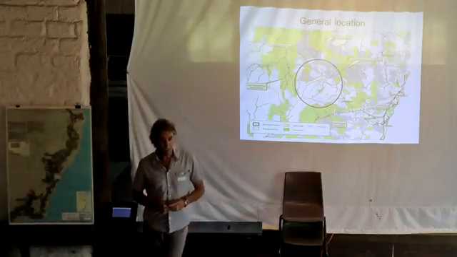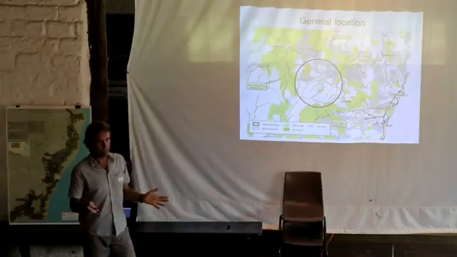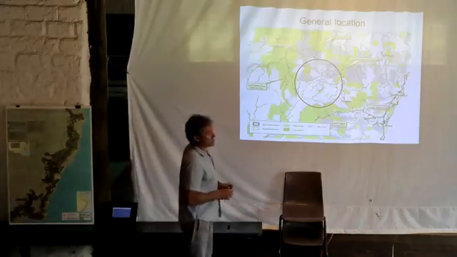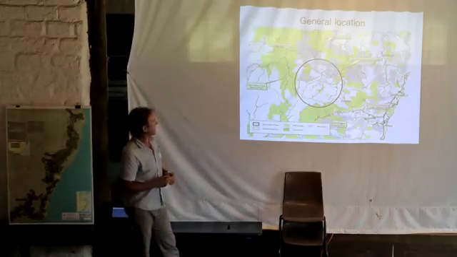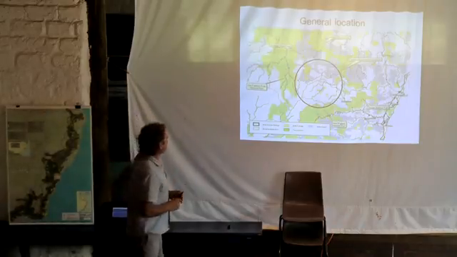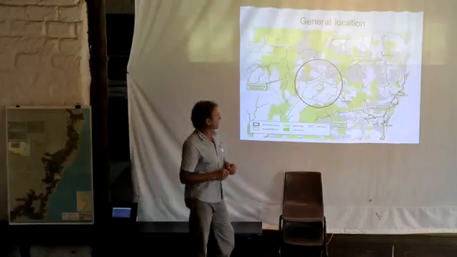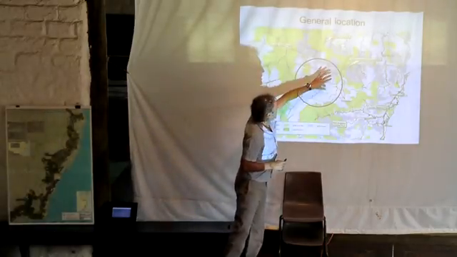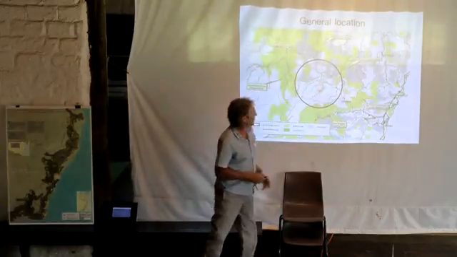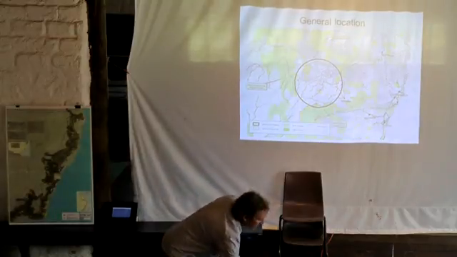And even within the national parks themselves, obviously, you can't just reserve an area and leave it forever. It has to be managed. So fire regimes within national parks are obviously particularly important as well. But what we're focusing on today is more the private land and just how important the private land is for fauna initially, and then just have some ideas about how private land might be managed for fire. So obviously in this little focus area, we do have a lot of public land in the northern part of it, but a lot of privately owned forest in this more southern part of the Western Dorrigo Plateau.